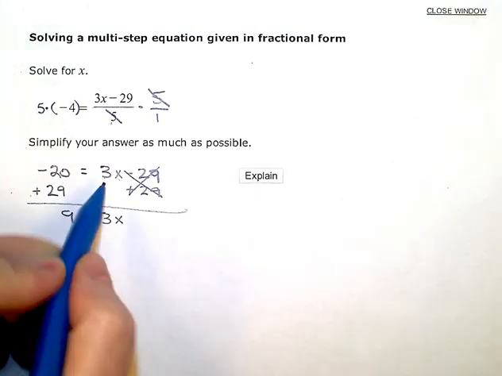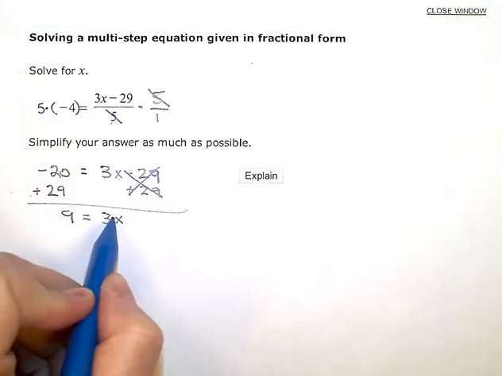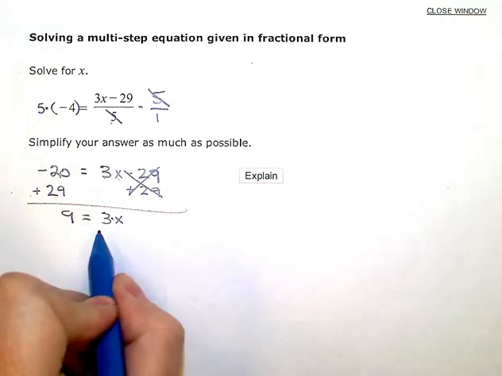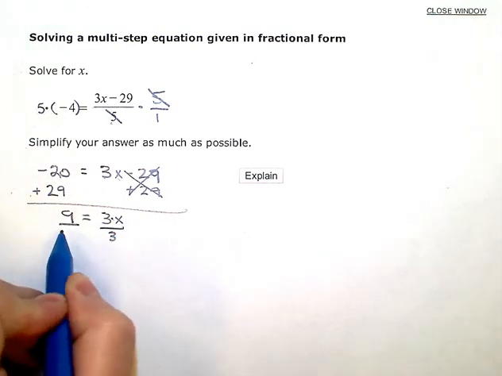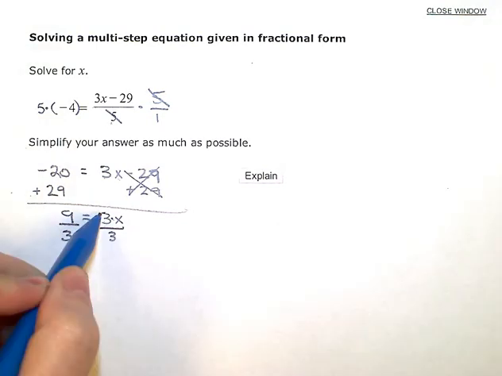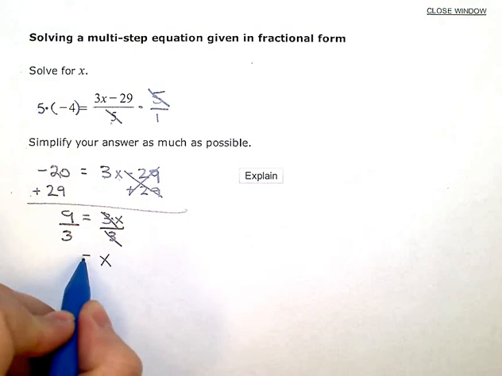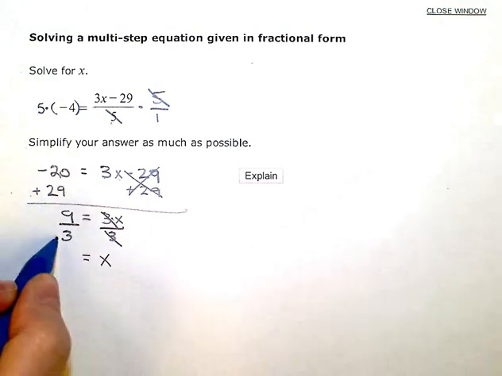Now, this is implied multiplication. So to undo that times 3, the inverse is divide by 3. Do that to both sides. And after I simplify, x is equal to 9 divided by 3, which is just